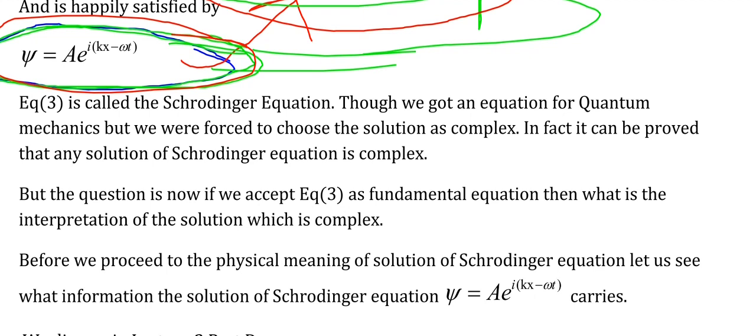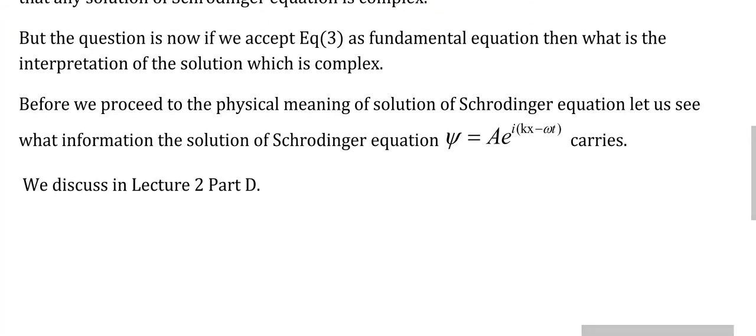Agreed? So the puzzle is, what is psi? What is the wave function psi? What is this complex wave function psi? So in the next lecture I'm going to reveal to you the actual meaning of psi. And let me tell you one thing. I proved to you